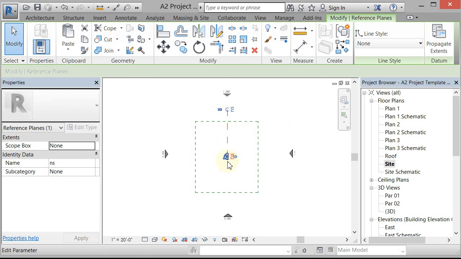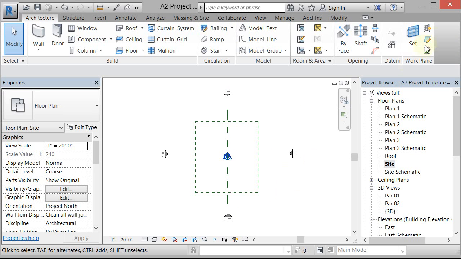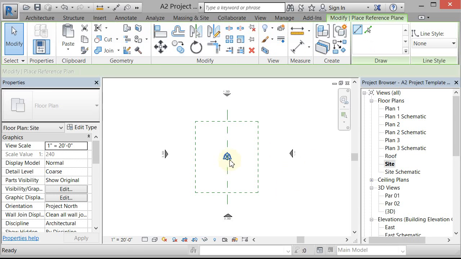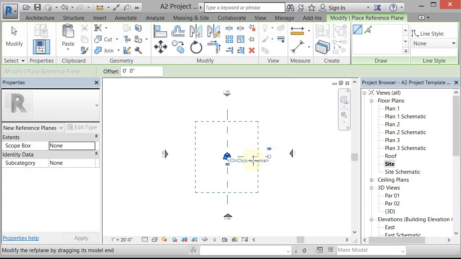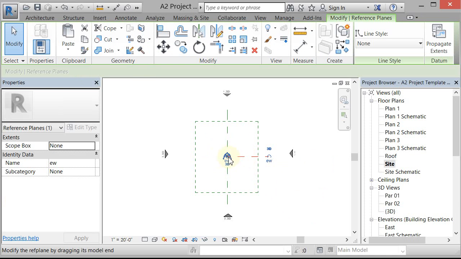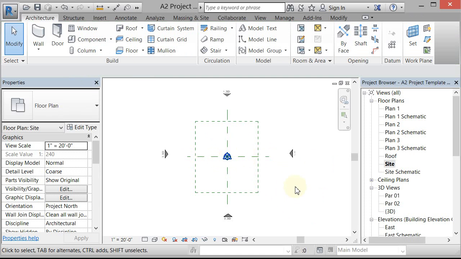and I'll just grab the dot and pull it down lower, so it goes all the way through, and then I'll do the same thing for the horizontal. Call this one east-west, and then I want to pick it and pull this little dot out, so we've got that. Now, next thing we're going to do is import or link some AutoCAD drawings to use